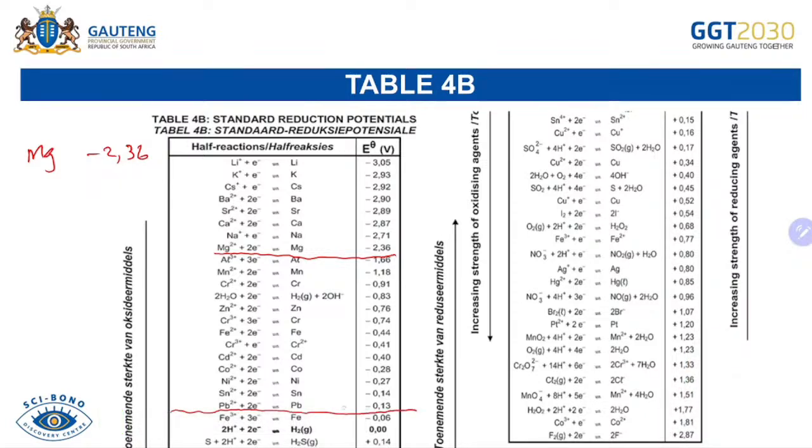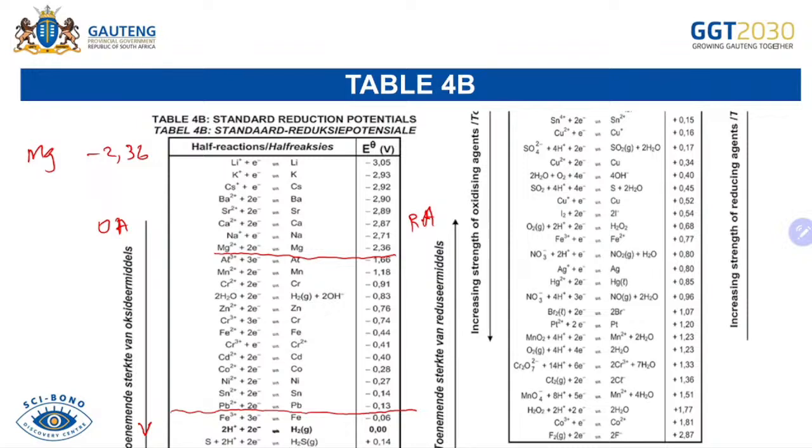So we're having Pb. I want to emphasize this: on the left here, if we check the arrow, it's facing downwards, saying increasing oxidizing ability. The arrow is saying increasing reducing ability, which means on the left we have reducing agents, and on the right we have oxidizing agents. Let me show you this,